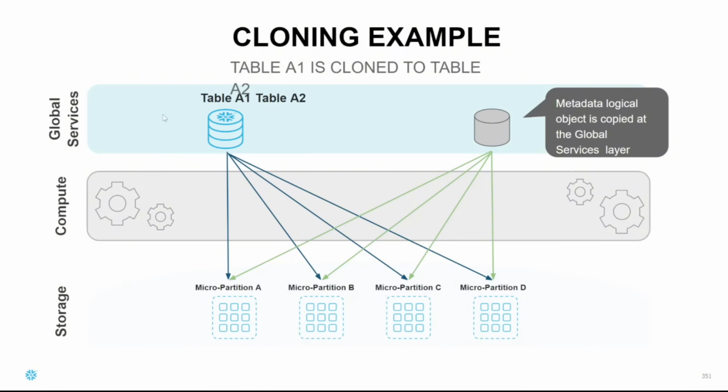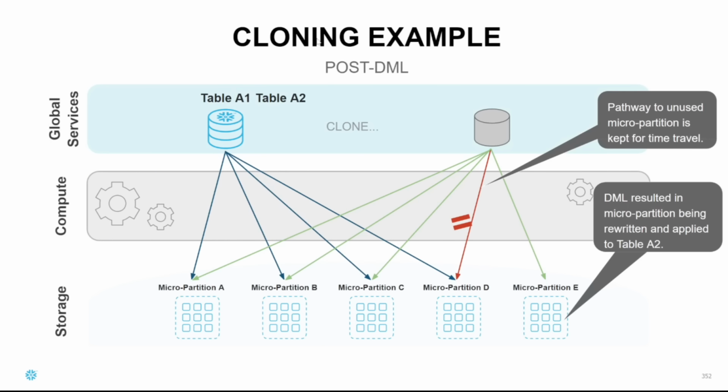Since both tables are using the same micro partitions, there is no extra storage cost associated with creating table A2. That means practically your clone is zero-copy cloning, without any charges, right? So you are not going to be charged for additional storage for the A2 table until you make some changes to it. So if you see here, after the post DML operation, if you make any changes to your